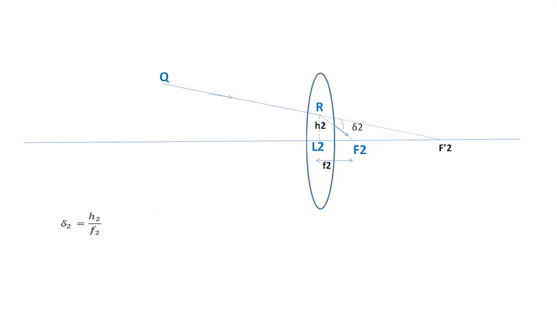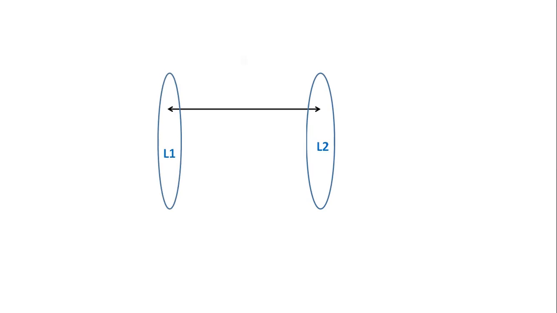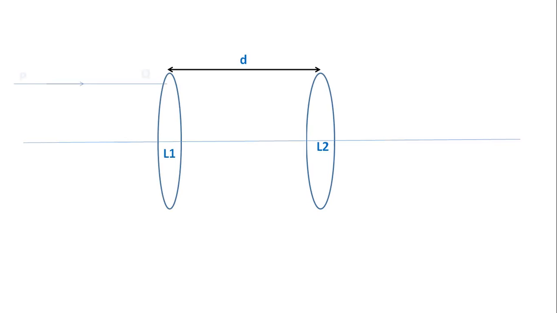Now, this diagram I have to draw in the examination, but I have drawn those L1 and L2 separately to understand the concept. Actually, I have to draw this diagram in the examination to derive the expression. Let's take the lens L1, lens L2, which are separated by a finite distance, small letter d. This is the principal axis, PQ is the incident light, which is incident at height h1 from the principal axis, gets refracted along QR,